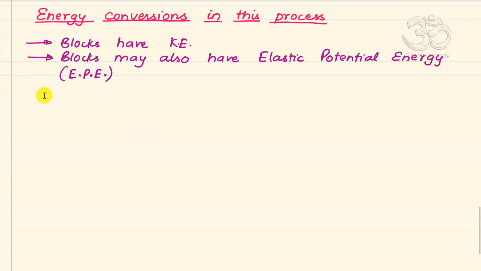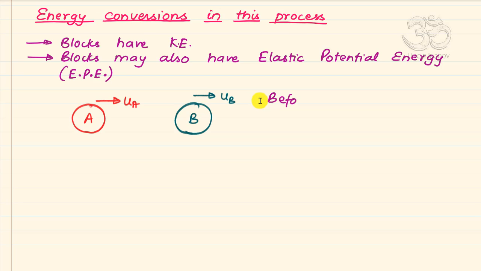And there may be loss of energy sometimes. So we will see that also. So now when we have the initial configuration where A was moving with a velocity UA, and let us say B was initially moving with a velocity UB, at this point of time neither A nor B had any kind of deformation. So we can ignore this EPE contribution, and we can say that the total energy of the system is only kinetic energy. So at this point the total energy is kinetic before collision,